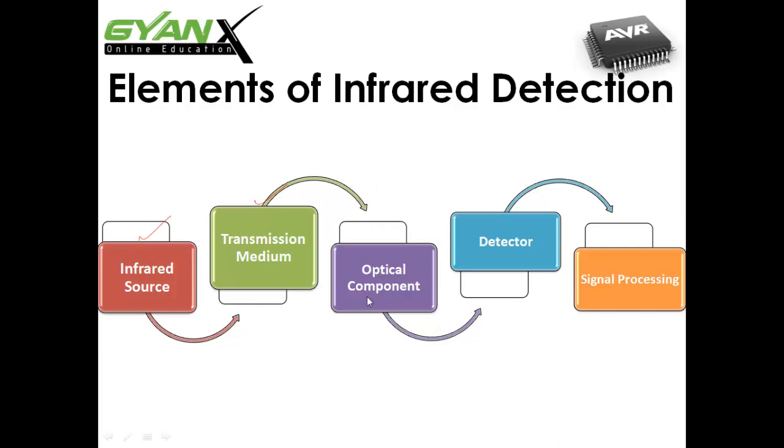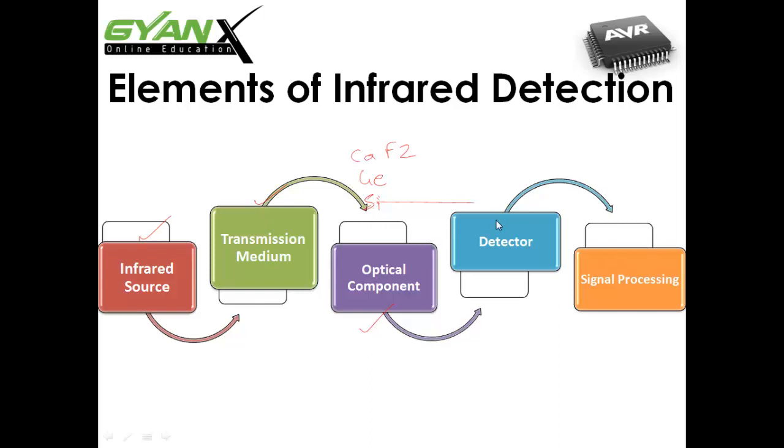Next, we have the optical component. Often, optical components are required to converge or focus infrared radiation and to limit spectral response. Optical lenses made of quartz, CaF2, gallium, or silicon, polyethylene, Fresnel lens, or mirrors made of aluminium, silver, or a similar material are used. For limiting spectral responses, bandpass filters are used. Choppers are used to pass or interrupt the IR beam.